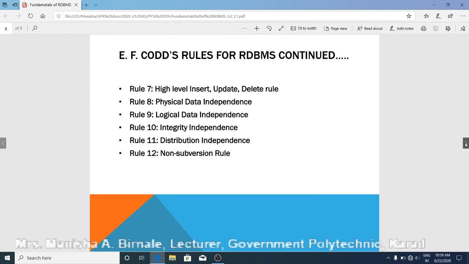Then rule 7 is the high level insert, update, delete rule. The database must support high level insertion, updation and deletion operations. What is meant by that? The operation must not be limited to a single row. It means the user should be able to insert multiple rows at a time.